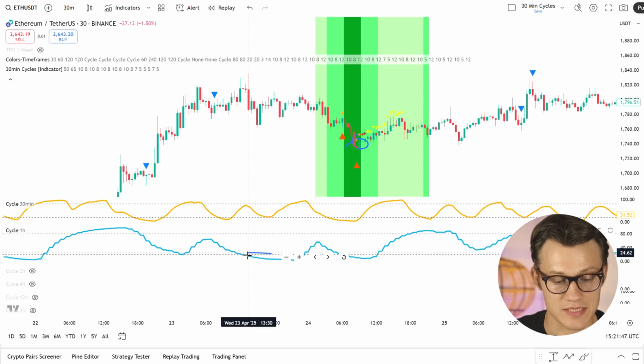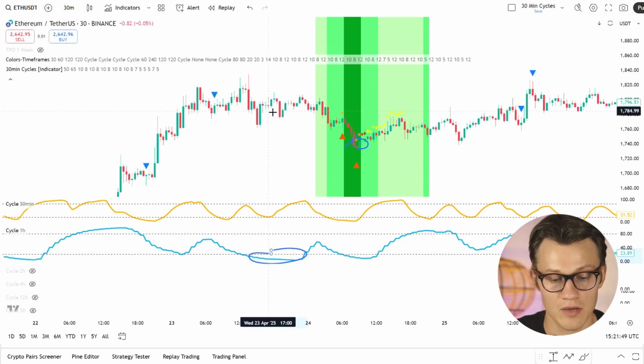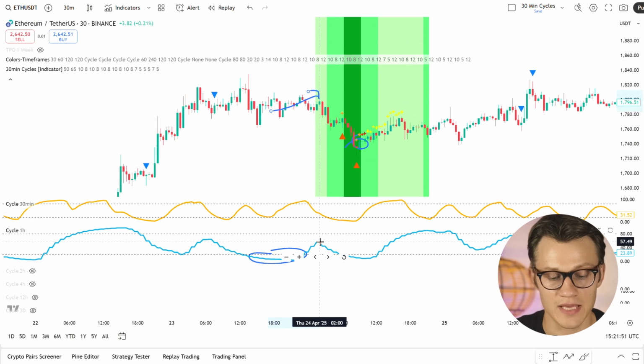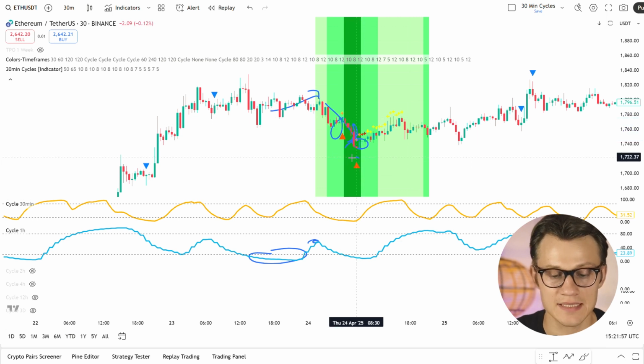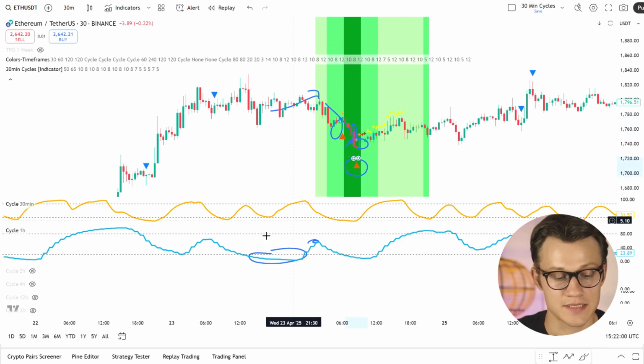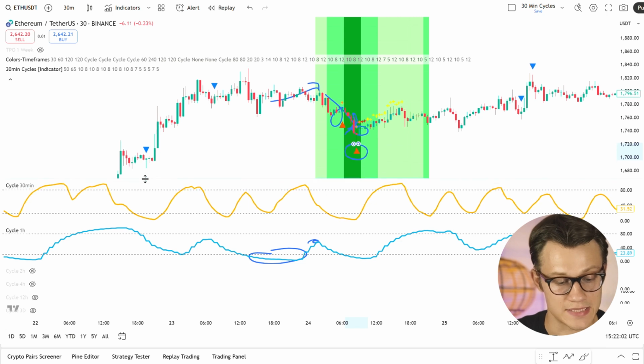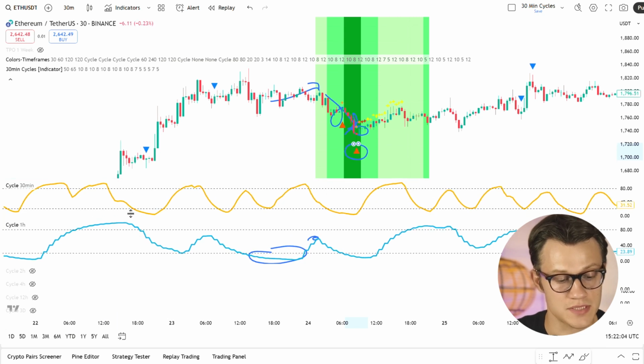Look, here we spent so much time under 20. However, we went up and nothing happened. We actually broke down and we started to go down. The real buy signal came here, the first one, and the second buy signal came here. So, in order to improve this strategy, I also use the